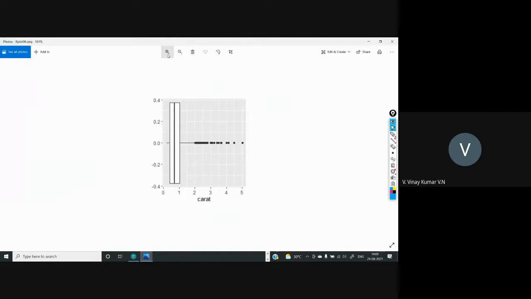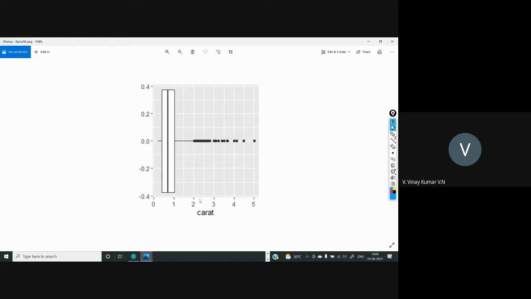So this is the box plot with respect to the carat. These dots, these dotted points, whatever we have, are nothing but outliers. With the help of the box plot, we are going to get the outliers. This first line is indicating the first quartile, the second one is the median, and the third one is called the third quartile. This is the maximum range of the quartile, and this is the lowest range of the quartile. Before these points and after this line, whatever we have, we call outliers. So to detect the outliers, we use the box plot.